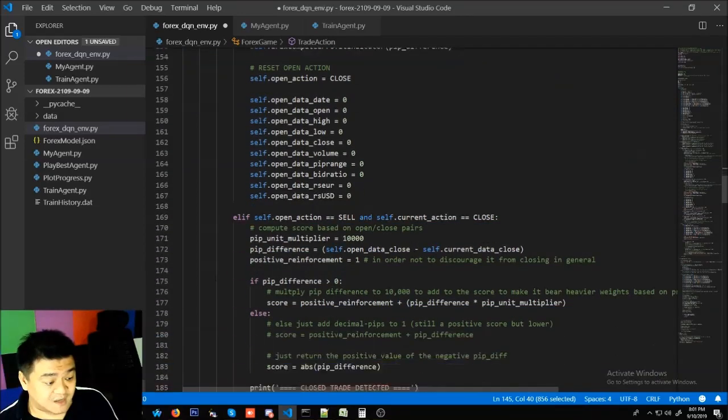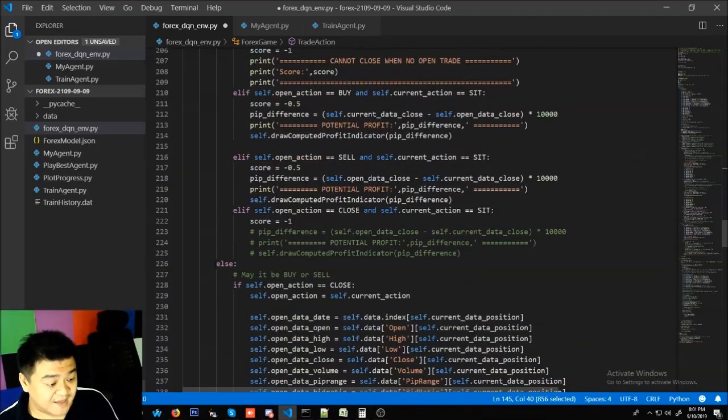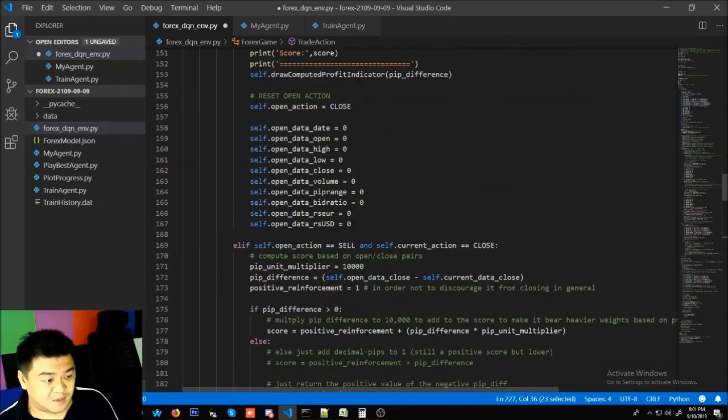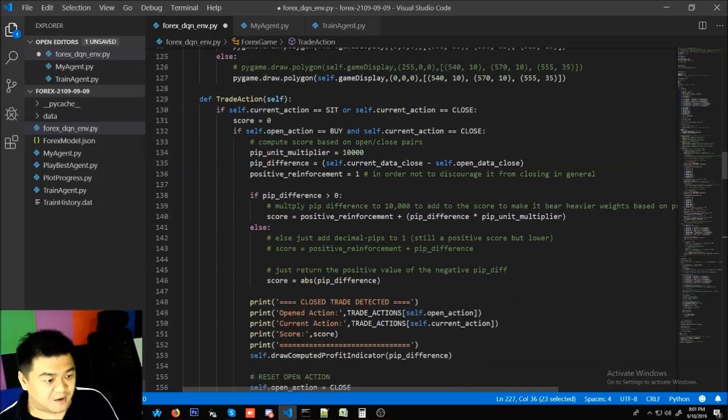Else, if it's not a sit or a close, and it's a buy or a sell, it will go to the else part. Okay, so let's just start having in mind the current action is sit or close. But before that, let me explain to you the difference between the current action and the open action, which you can see here, current and open. Every time it does a buy or a sell,